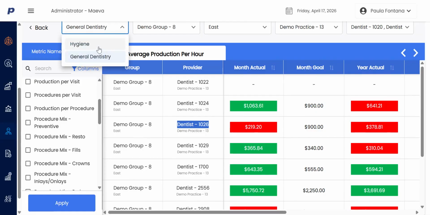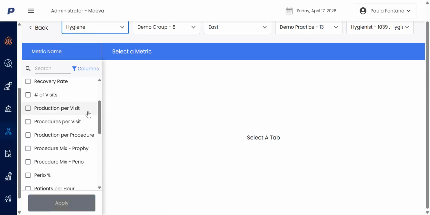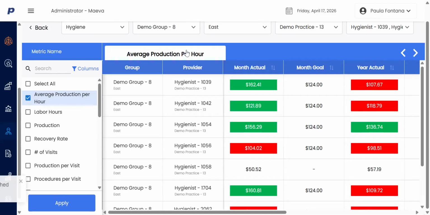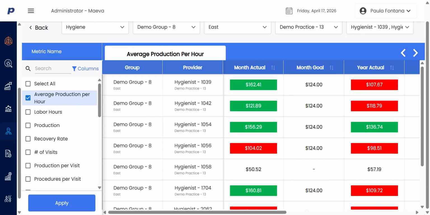And the same with hygiene. Of course, you'd be looking at different performance metrics for them, different procedures. But if we just looked at production once again, we'd be able to look at average production per hour. And because we are a goal-based technology, everything is being tracked against goals that are being set over the different time periods. So hopefully you'll be able to use this to help improve performance, give specific